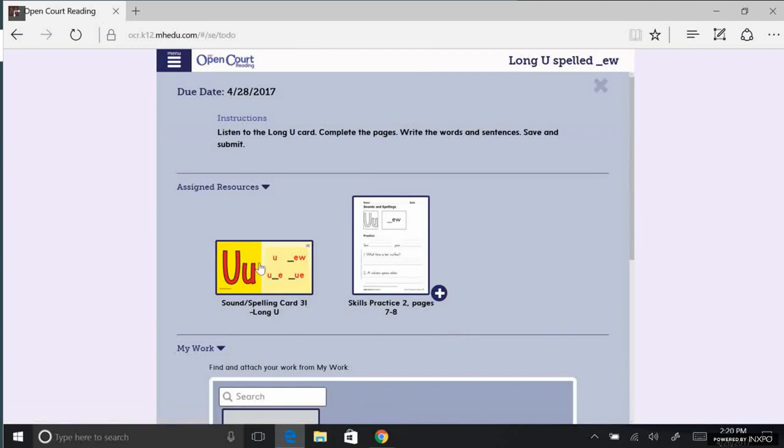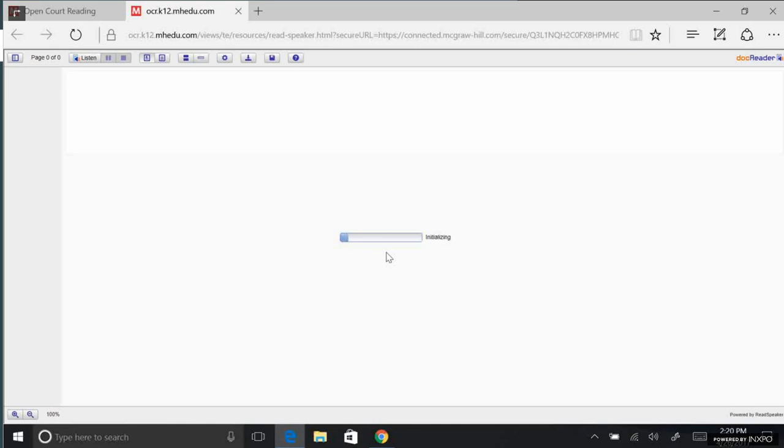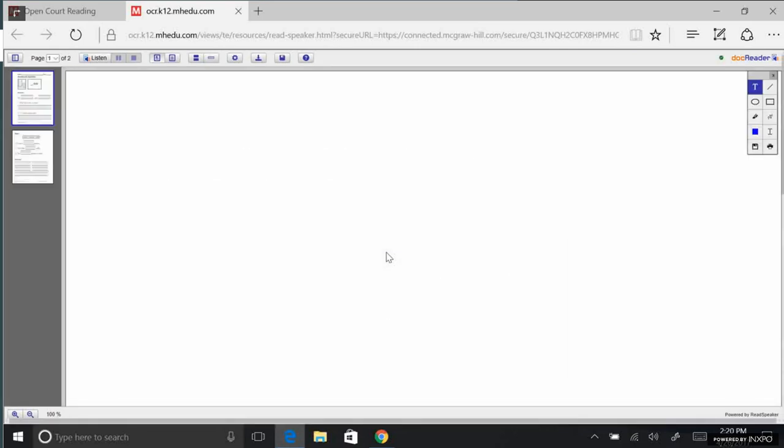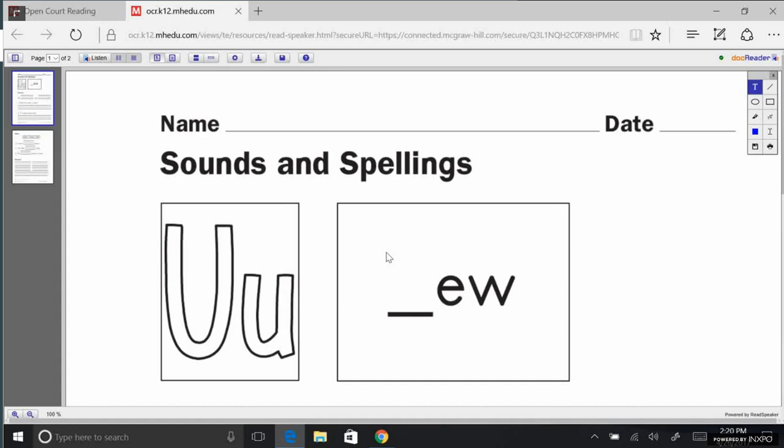Now, students can open up the card and listen just by clicking, and then they can go to the skills practice page. When they open it, it opens up just like it did within the classroom. So this might take some instruction on how to work with this. If students are working, I think probably the easiest way for them to begin is using the scribble tool. So once we have that in place, they can use their mouse